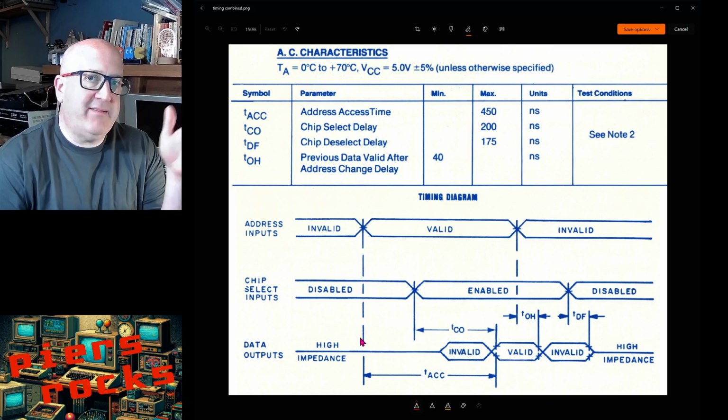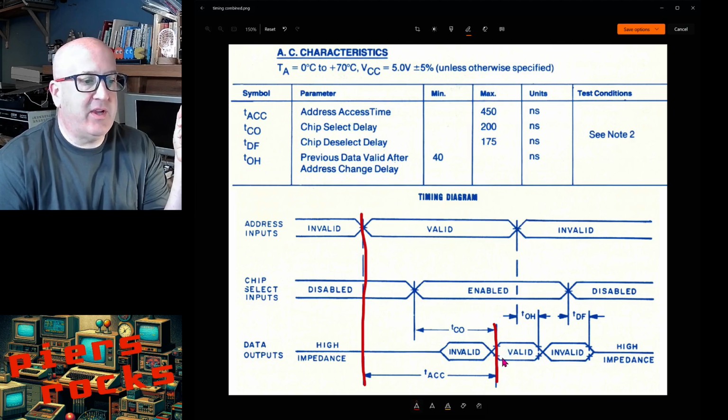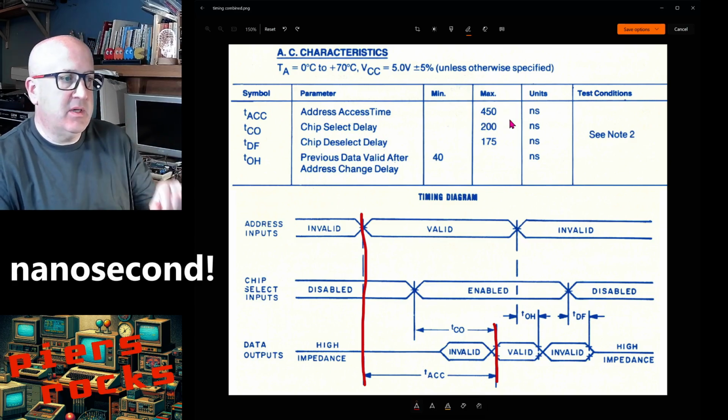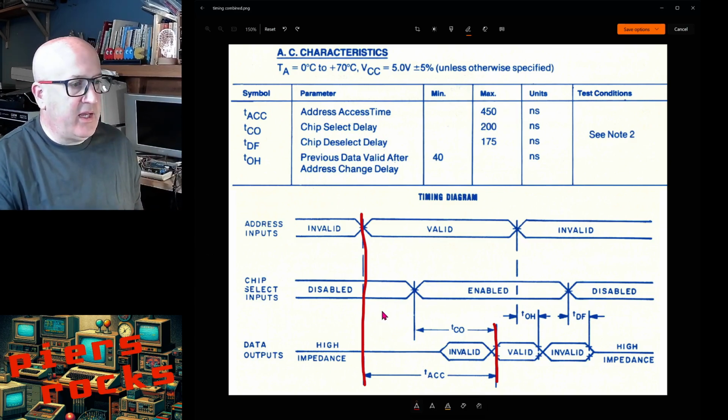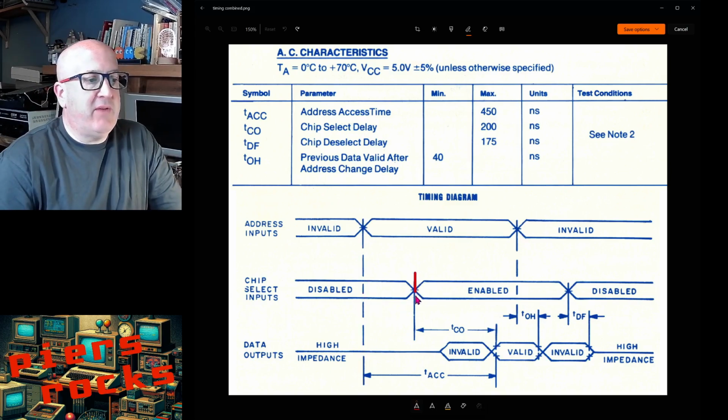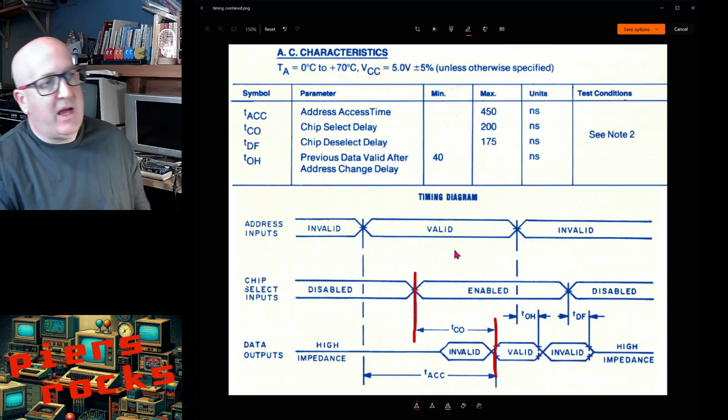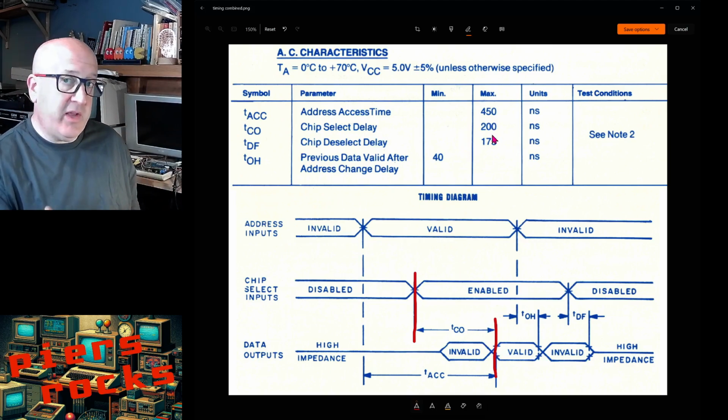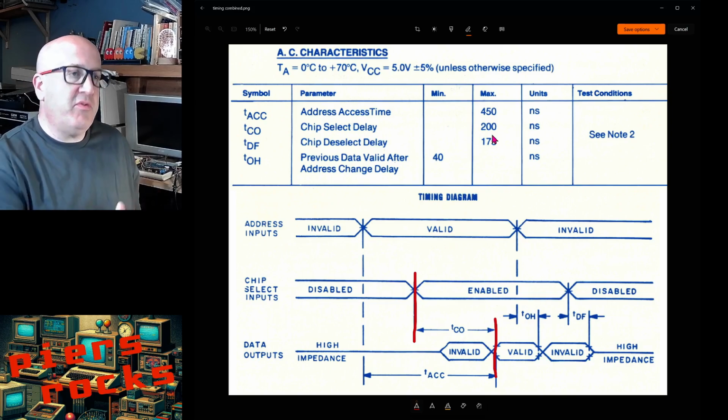And to actually get data on the data pins, there are two interesting timing values. The first one is from this point here, which is when the address inputs go valid, to when the ROM chip actually has to get valid data on the data pins. And that's TAC, which is this 450 nanosecond access time. The second interesting timing is the chip select line, and you'll see that we have less time, TCO, from the chip select line going active to the ROM needing to get the data pins active. And TCO is 200 nanoseconds on this chip, and I think it's also 200 nanoseconds on the 350 nanosecond access